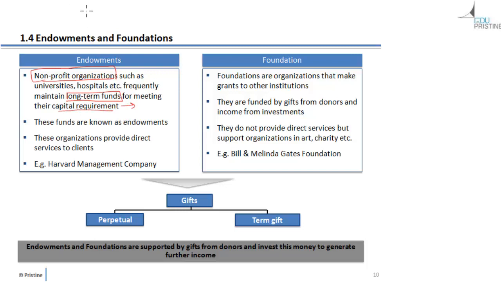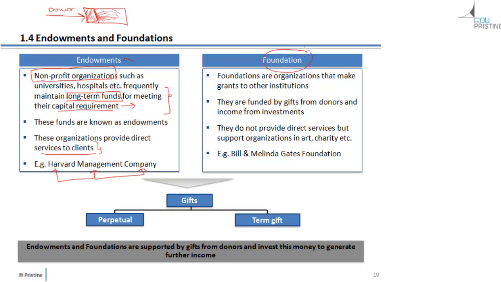So it is really like a hospital which has been given some one-time grant by, let us say, any donor, and in such case, this money which they have got is not really going to come every year. So this is like a one-time thing. This amount will have to be put to the purpose for which it has been donated, and once that is done, we can say that the endowment purpose is being met. These organizations provide services directly to the client, like the Harvard Management Company, for example. Remember, these are open for a particular purpose.